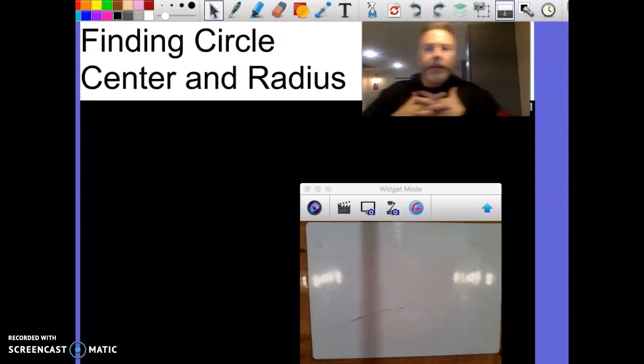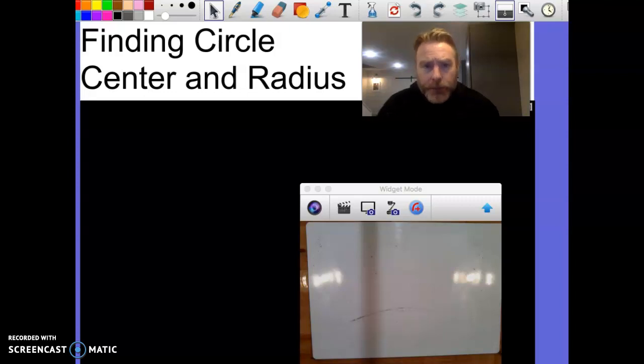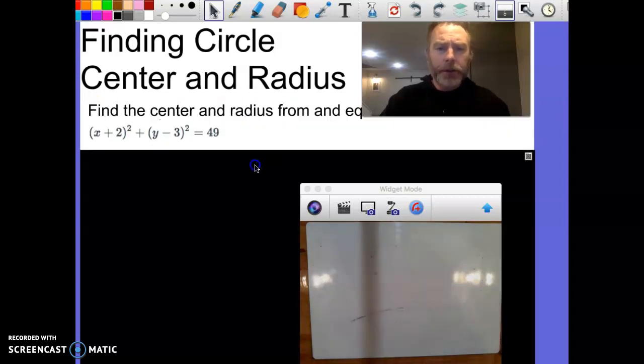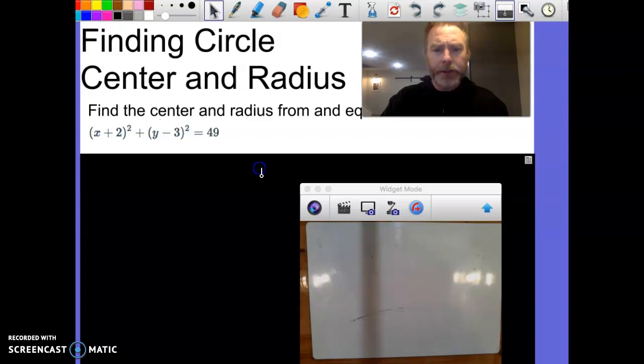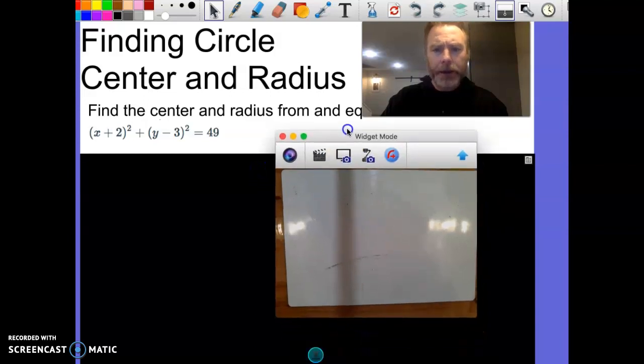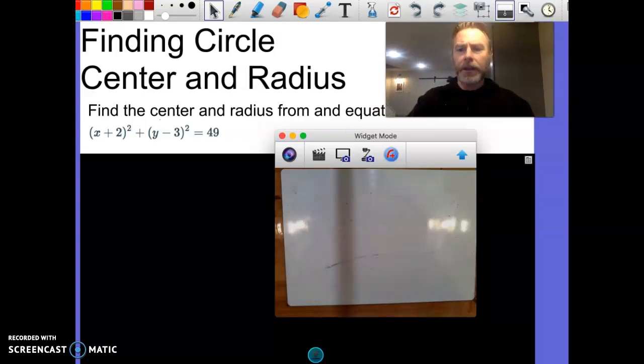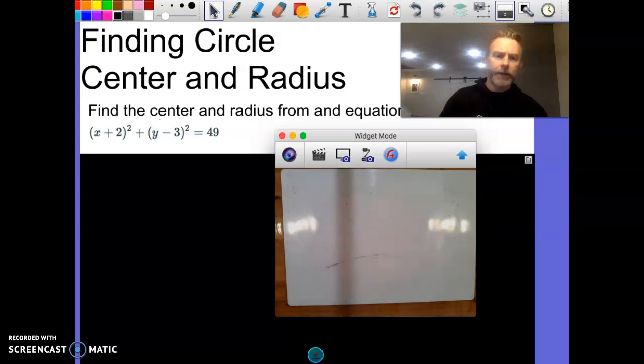One more lesson on circles here today. And our last lesson is going to focus on finding the circle center and radius from the equation. So it should be fairly straightforward at first. Let's call that mild, and then get a little bit spicier. But first thing we want to take a look at is these two features if we are given an equation